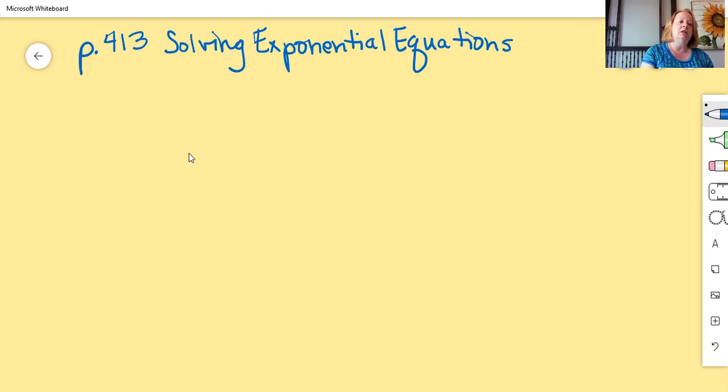So the objective here is to get the same base on each side. So that's what we want to do here. Same base on each side. And the reason we want to do that is because if